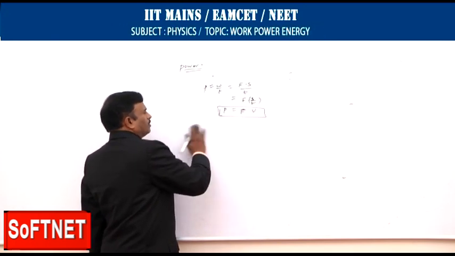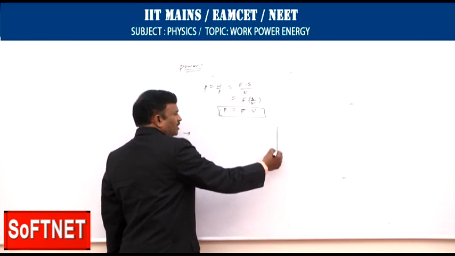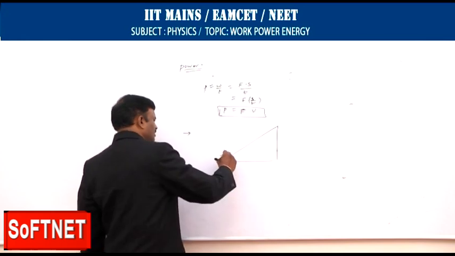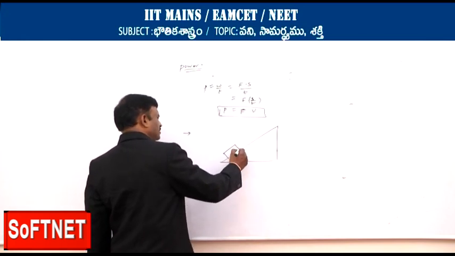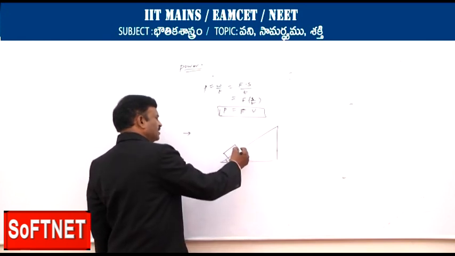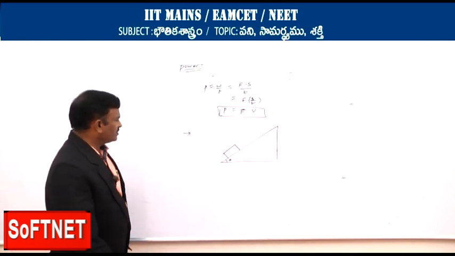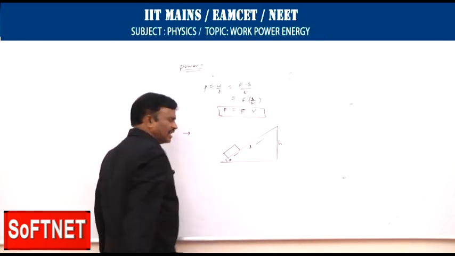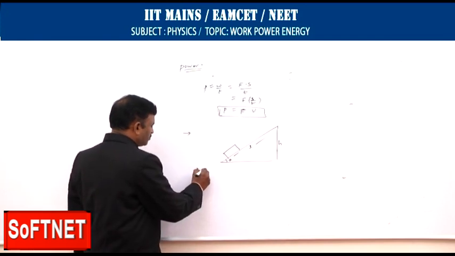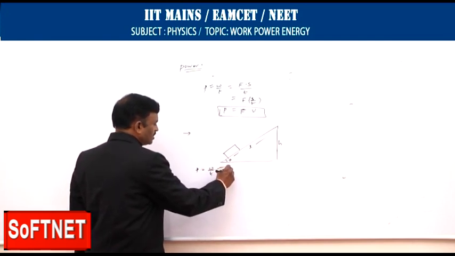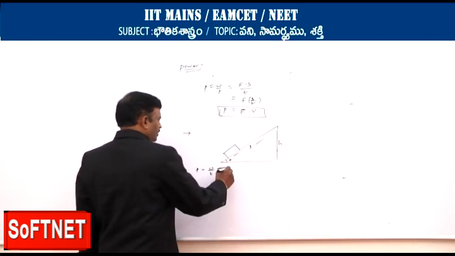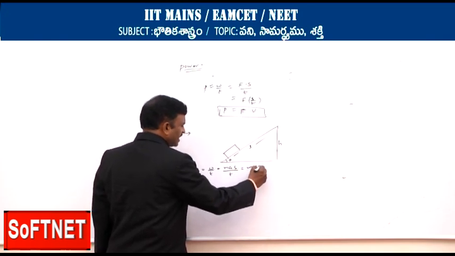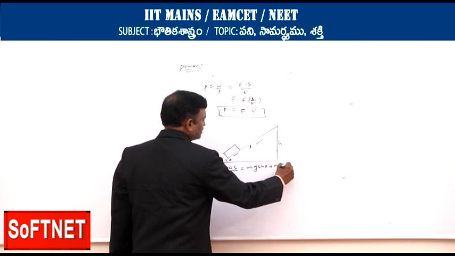Next, another one is, assume there is a railway track. On the track there is a train moving, making an angle theta. The power of the engine of the train, as it is moving on an inclined track of height h, slant length L. Then power is equal to work done by time. So M into A is equal to MA into S by T. M into A is G sin theta plus mu K cos theta.